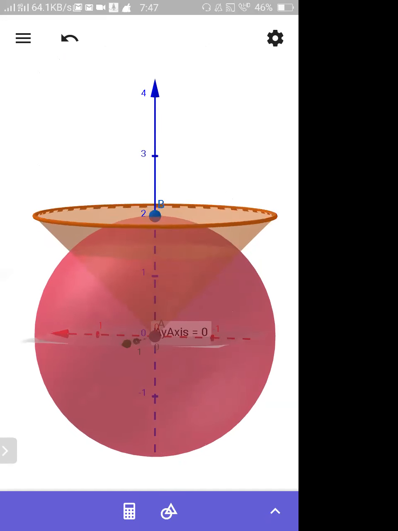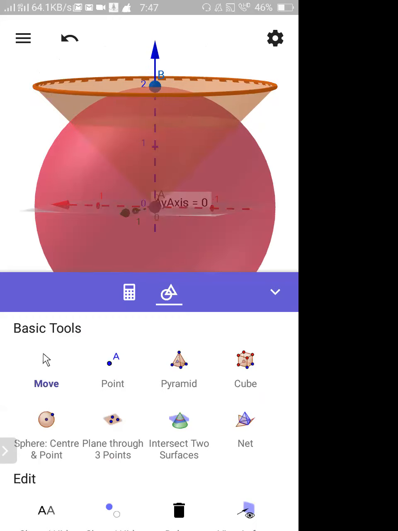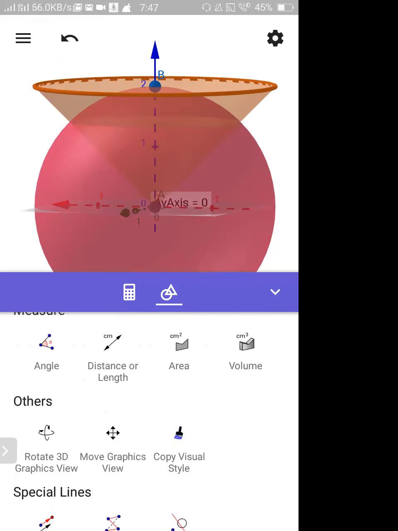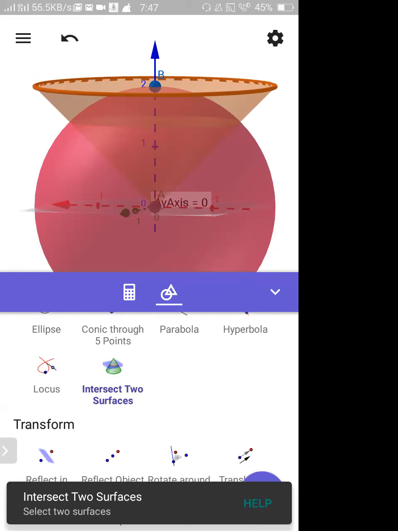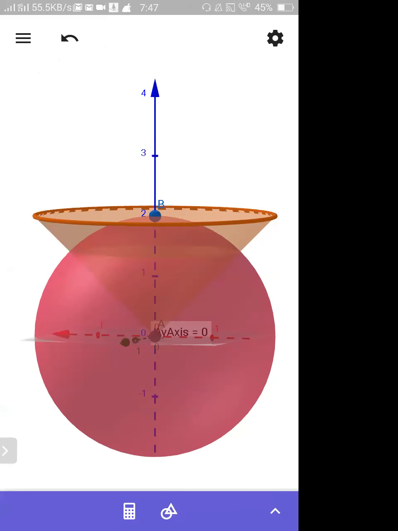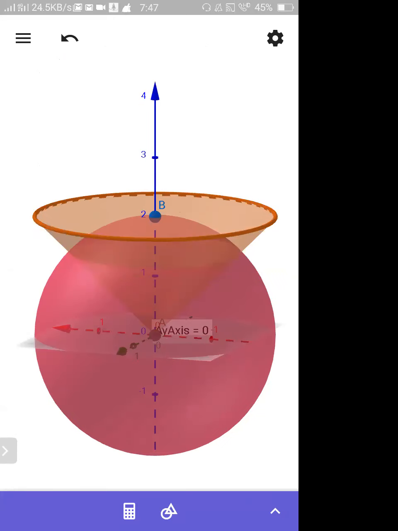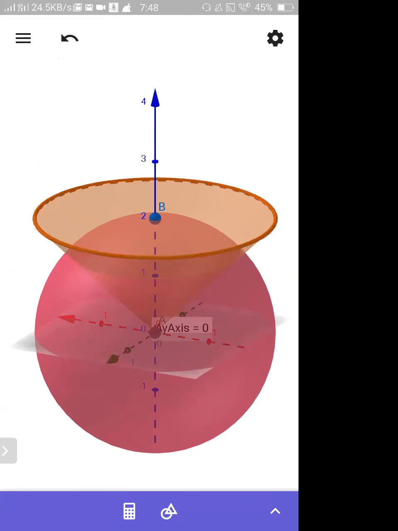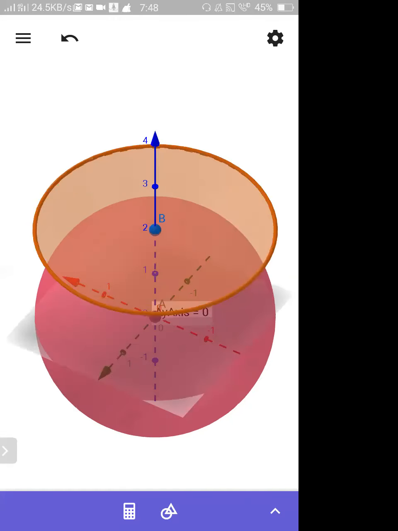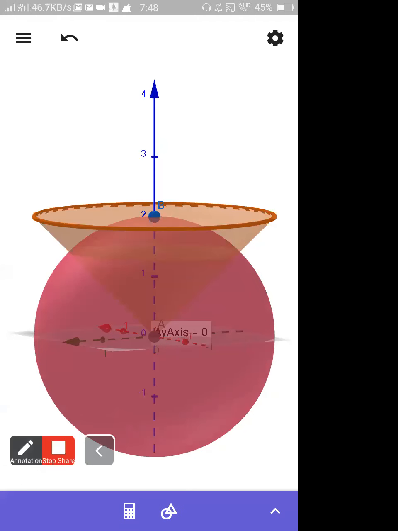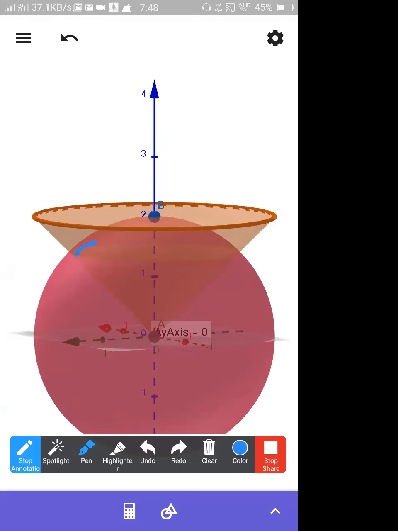Intersection is not coming. Please wait a bit. Yeah, I hope the intersection of these two is a circle. I can draw this. See, please. This is like a circle. It is going now. It's inside. This is outside. Okay. Intersection of these two is like a circle.